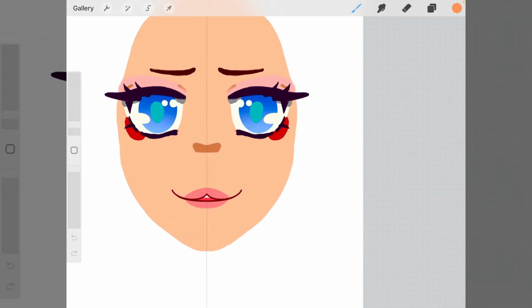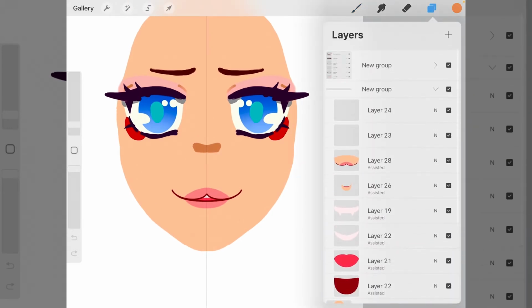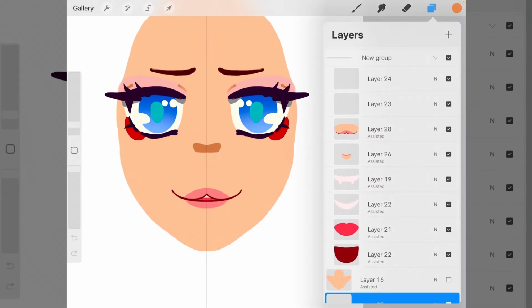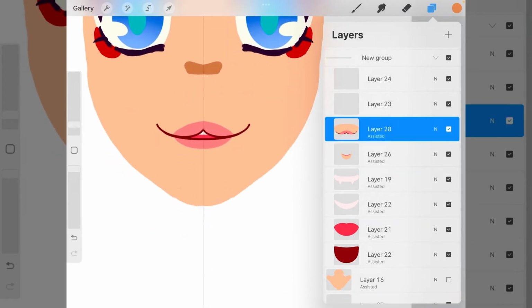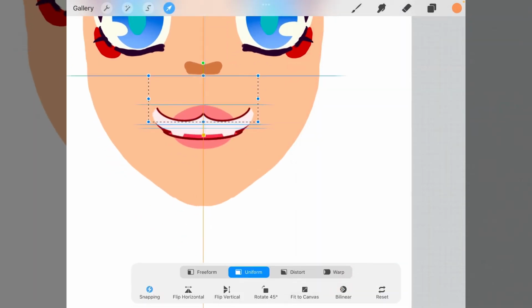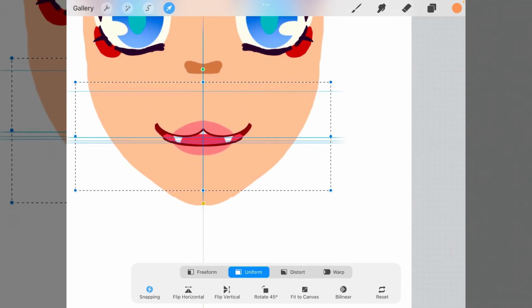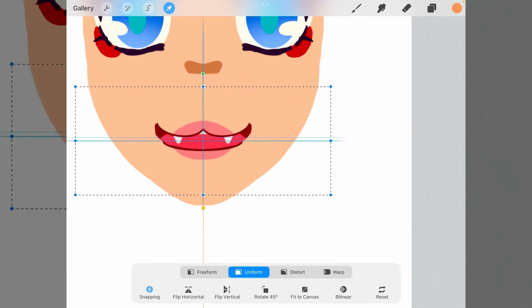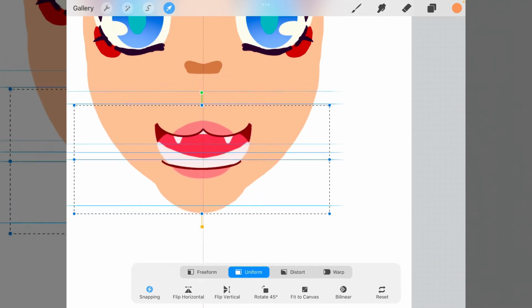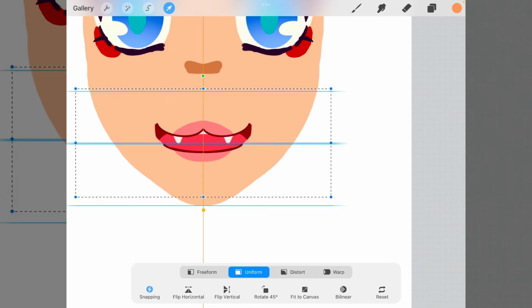So we're back on our little dummy model, and these are the pieces that I've laid out right now. So I'm going to show this to you separately. First, we have our top lip, which, as you can see, as it moves, you can see the bottom of the teeth. So our bottom mouth, which connects, and you can see the skin around it is moving. So like I said, you're going to want that, otherwise you're going to just see everything underneath